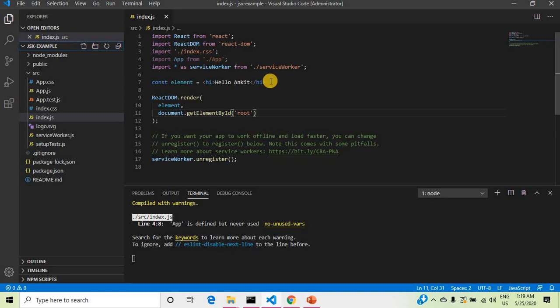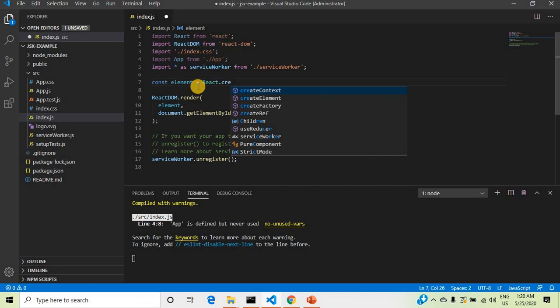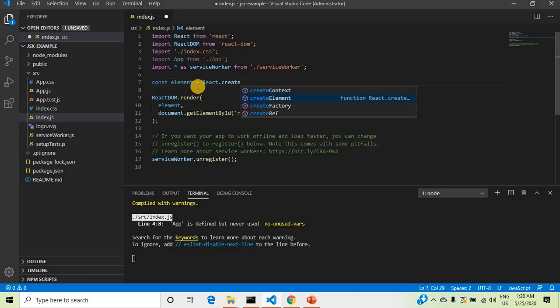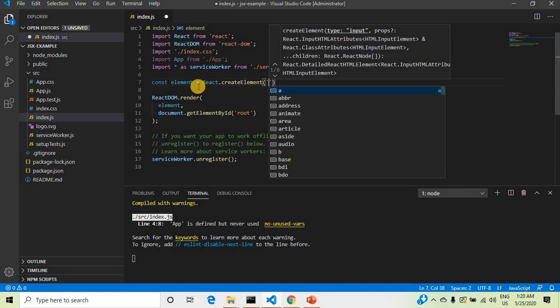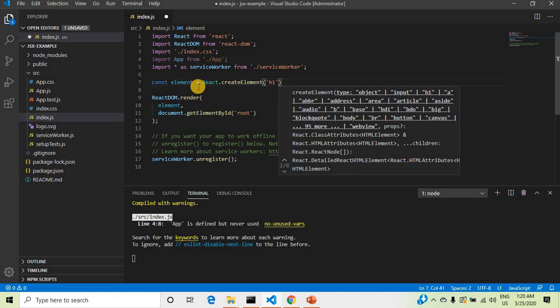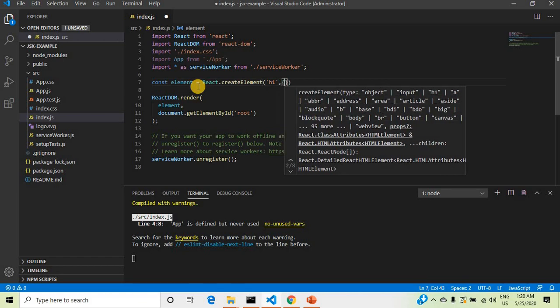If you want to create or define an element without using JSX, just remove it and define React dot createElement. The first parameter is the element which you want to display, and the second parameter is the props.